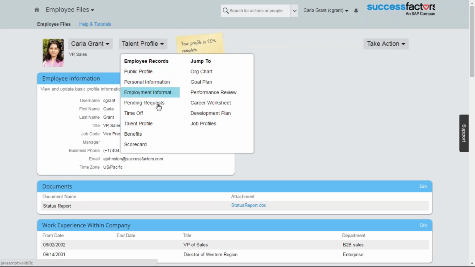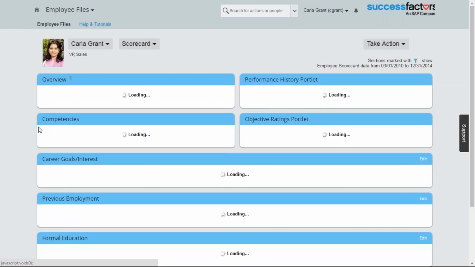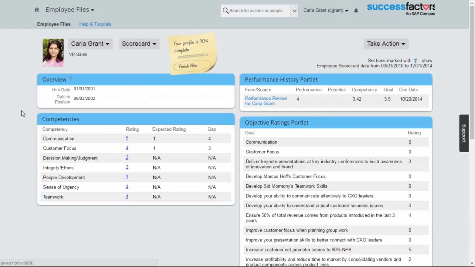Another neat thing to look at on the employee files is the scorecard. And this is where we can bring together or tally together information related to the employee's performance over a period of time. So bringing together ratings or reviews or competencies from a series of different performance reviews. So you can see in this particular view, we have scorecard data from March 1st, 2010 to the end of 2014. So this is pulling together a series of performance reviews over the course of a few years,